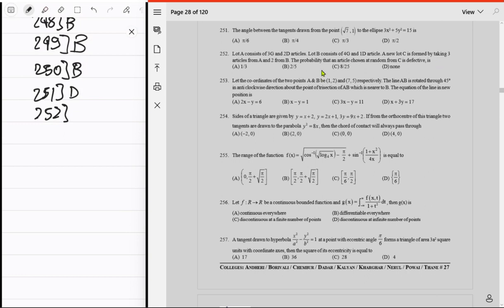What do we do? 3 articles from A, 2 articles from B, right. So for all the cases that remain, how are we going to do this? Probably that this is actually defective, you can figure that out. No, first of all, the probability that, okay, C will have different types of things, and then